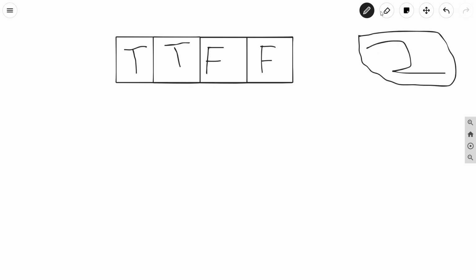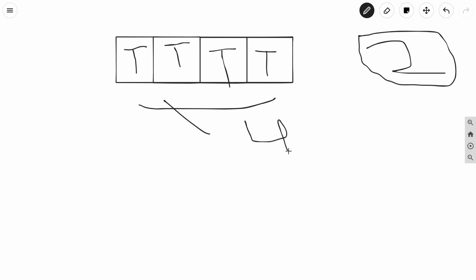We can change the answer at this index and this index, and write true and true again here. So you can see that the maximum number of consecutive true is 4. So our answer is going to be 4.